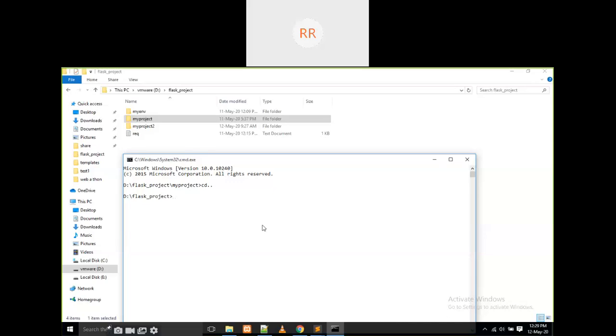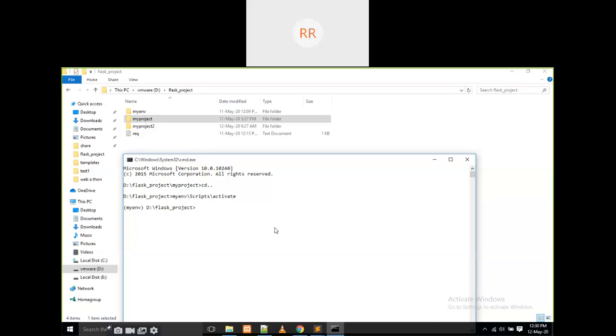No problem for that. MyEnv slash, Jagadishwari, not that slash, we have to use this slash, scripts slash activate. First of all, we have to activate it. Then we have to run it.